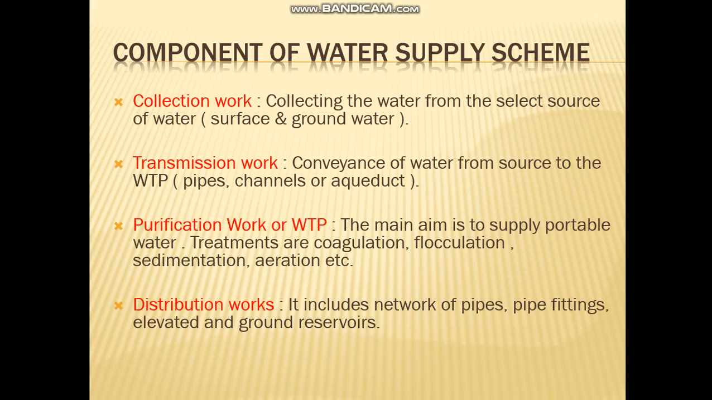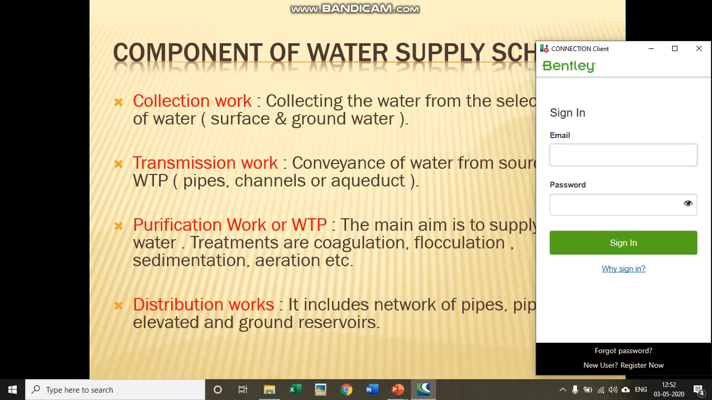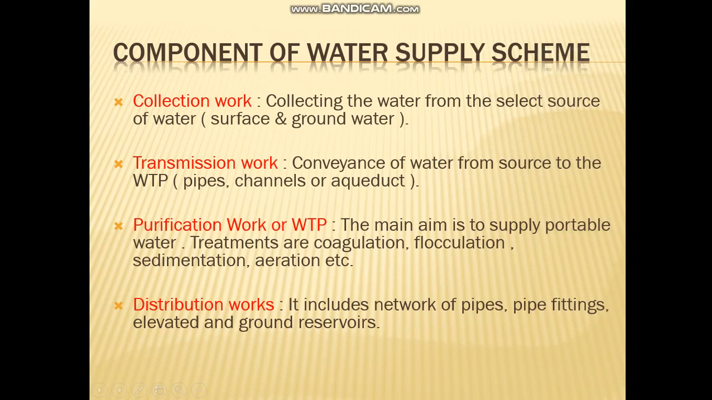Second one is transmission work. After collecting water from any source, you have to transfer the water to the treatment plant. So transmission work includes pipes, channels, aqueducts. So these are the transmission work. Then after transmission work, third one is purification work. So purification work includes your whole water treatment plant in which water is treated,